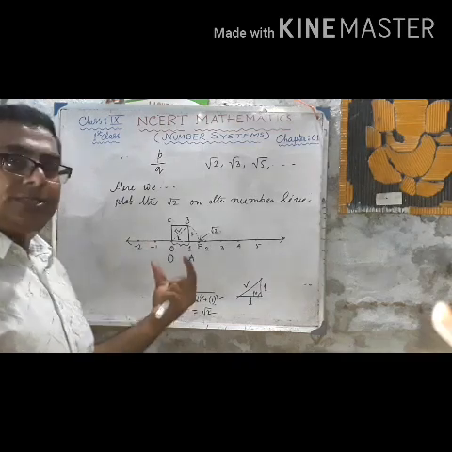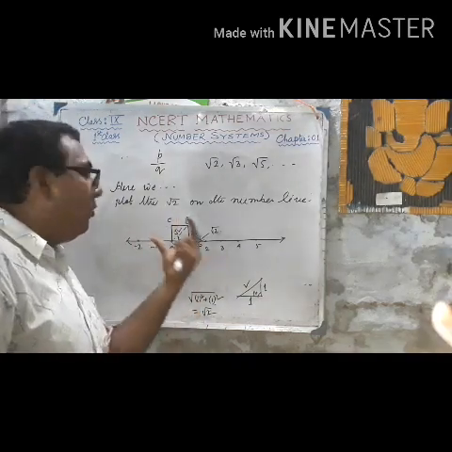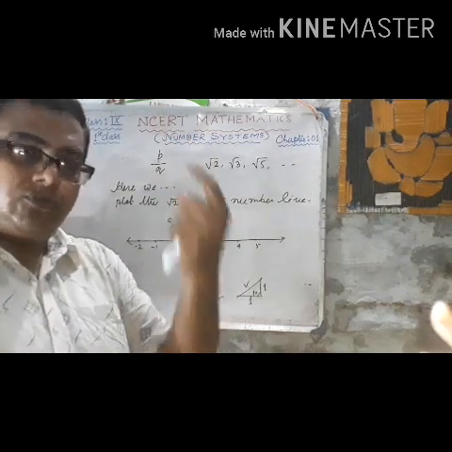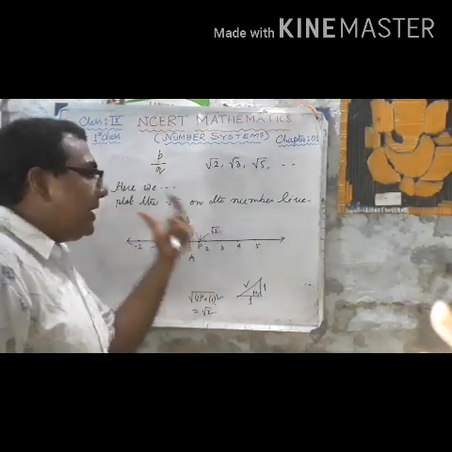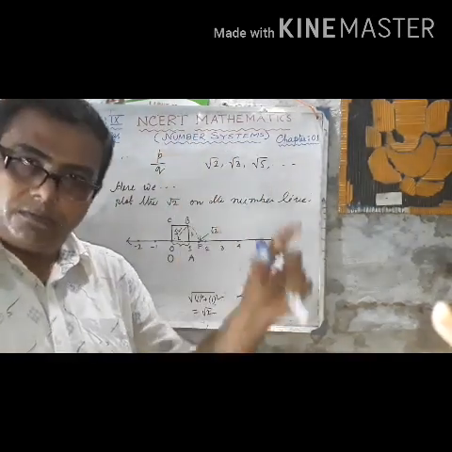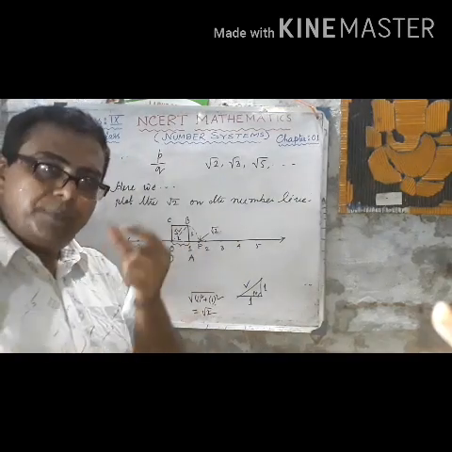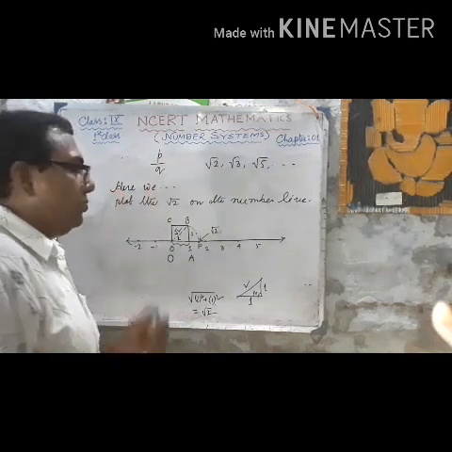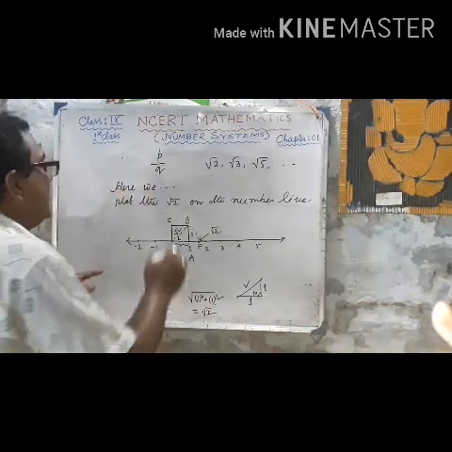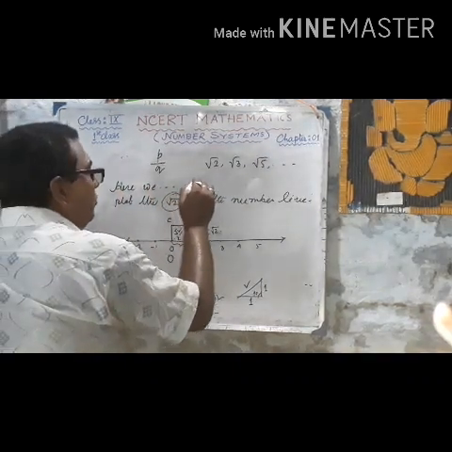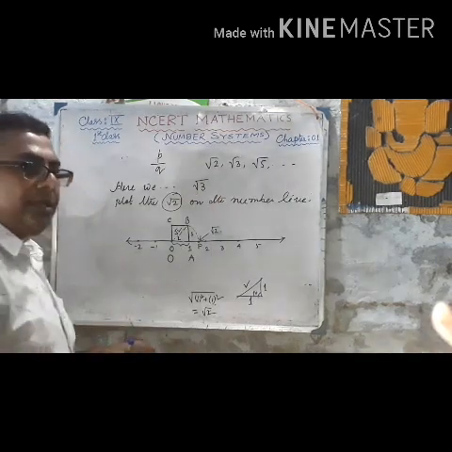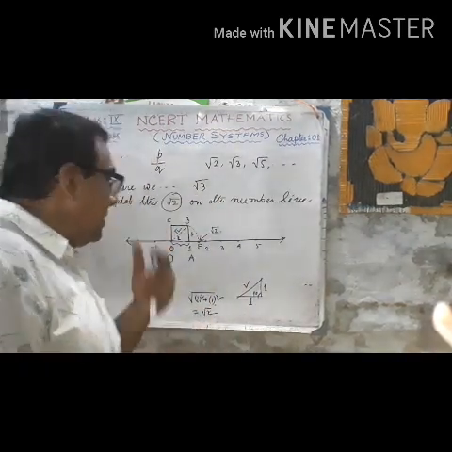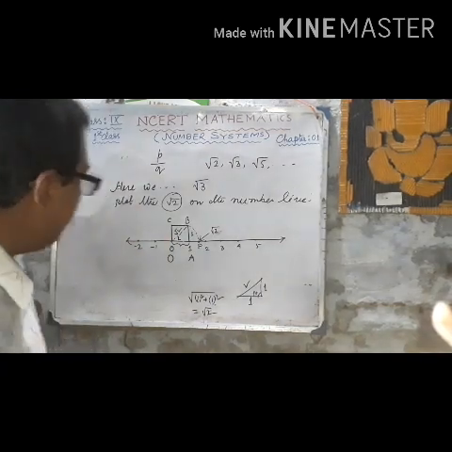Taking O as center and OB as radius, which has length root 2, we draw an arc which will intersect the number line at the point P, where P denotes root 2. If the question is to plot root 3, then the process will be similar and the figure will be